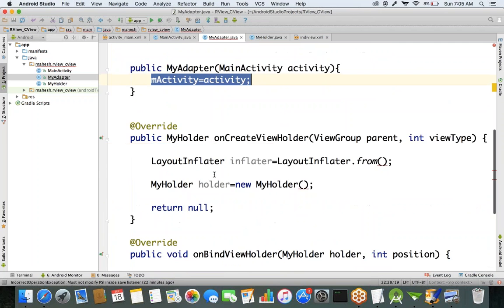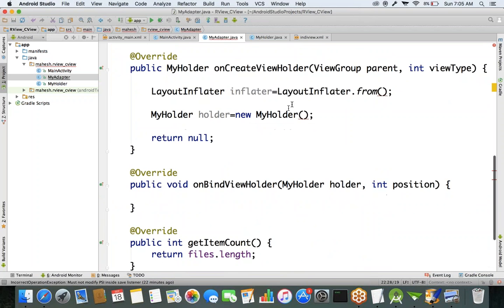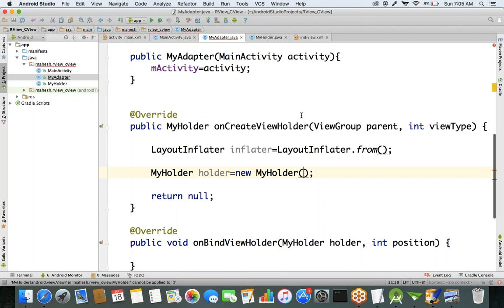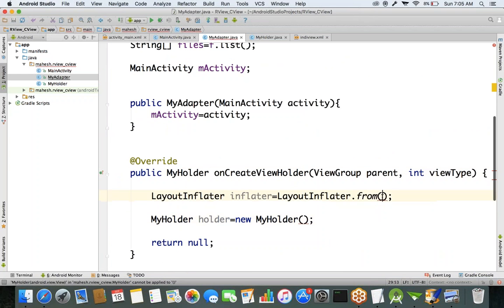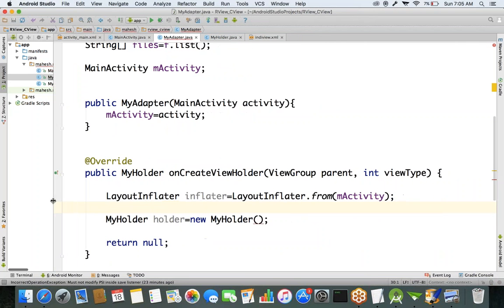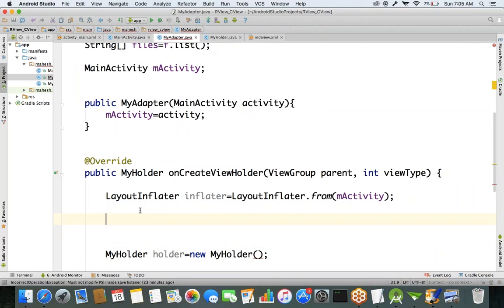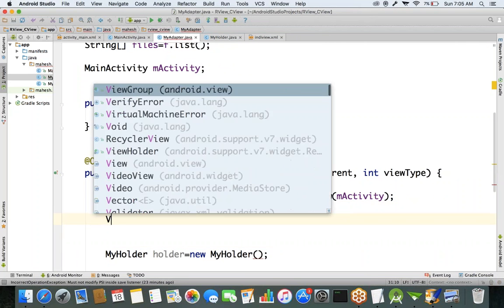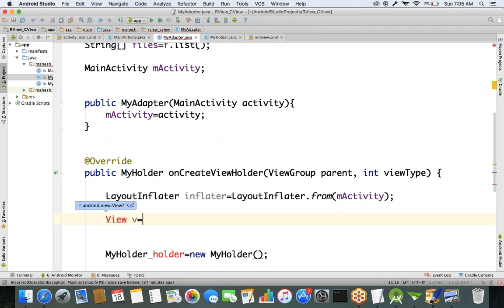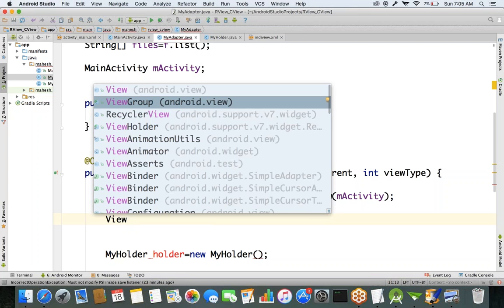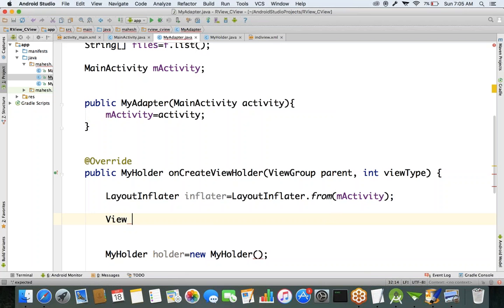Now we have the activity object, that is mActivity, so we can get the object for layout inflator. Layout inflator object we got, but we require the object for the View class. So, View v equals